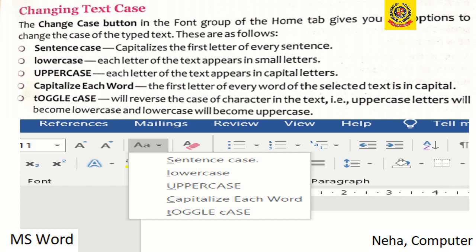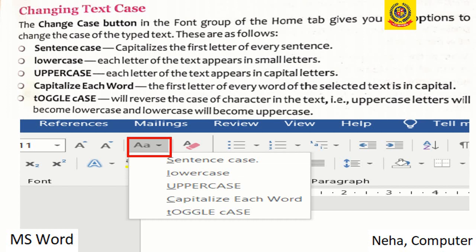First is sentence case. That means whenever we write a sentence, the first letter of every sentence would be capital, as we write in our notebook that the first alphabet is always capital, and then we start with the rest of the sentence. Second is lowercase.